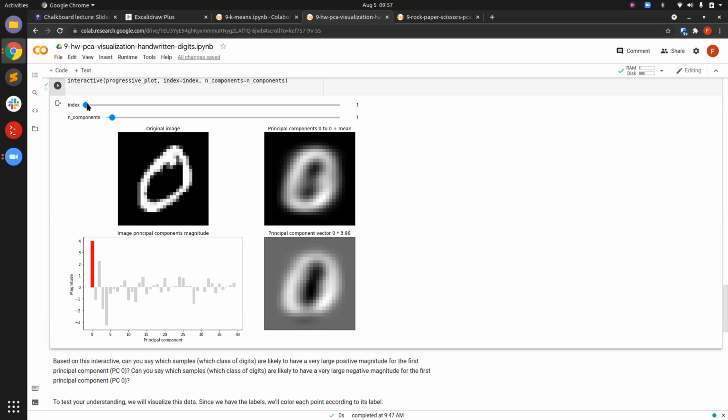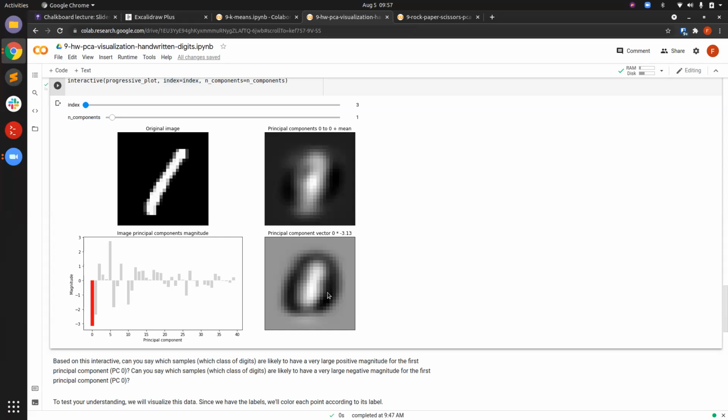Now this principal component is also very helpful for 1s, but in the opposite case. For 1, we want to have writing in the center and no writing outside of the center. So if we look at a sample that's a 1,